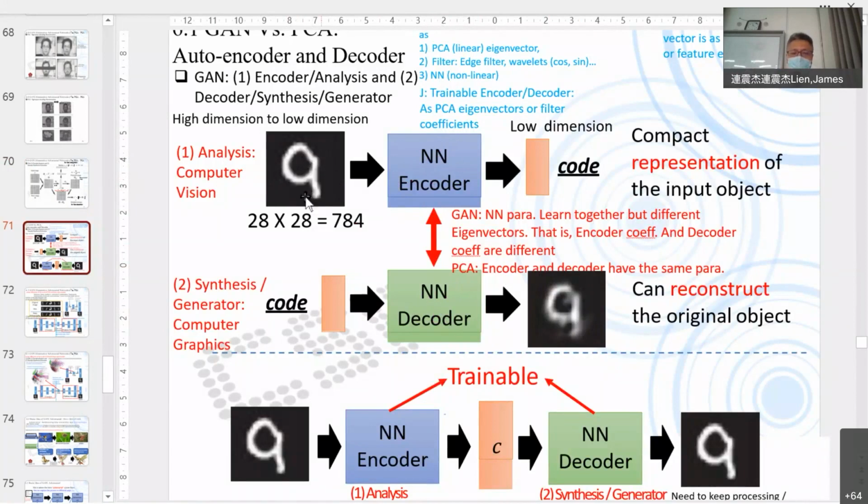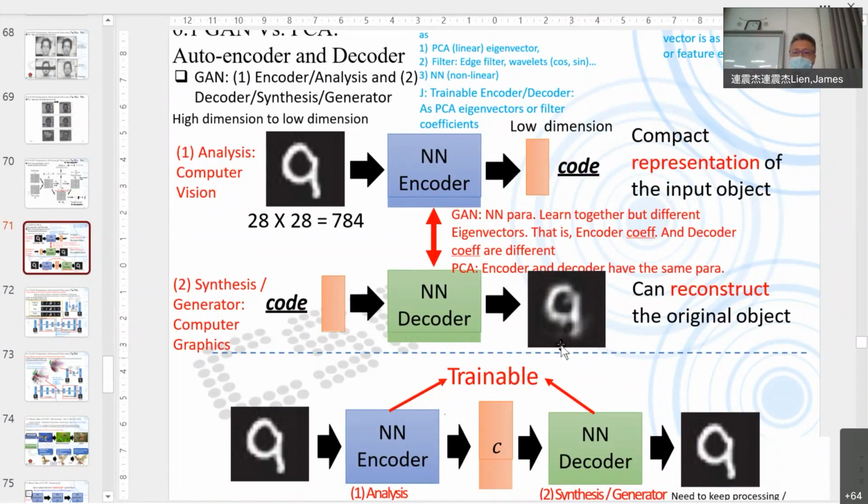So from the original, you project based on several eigenvectors. You have a projection weight. So this is high dimension, and you become low dimension, probably only 10 codes. Based on this low dimension projection code, you can reconstruct back to the original one. That's PCA.